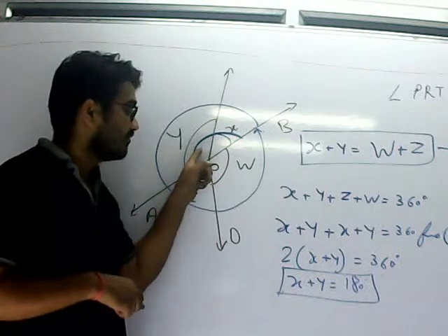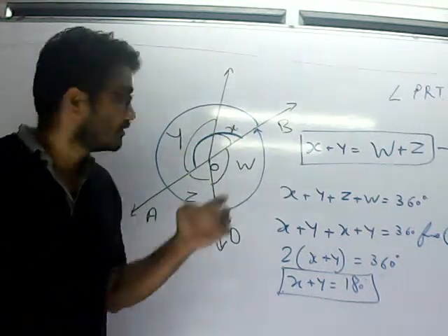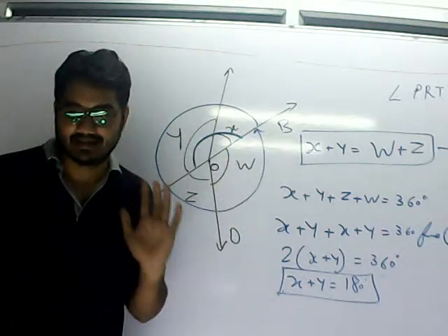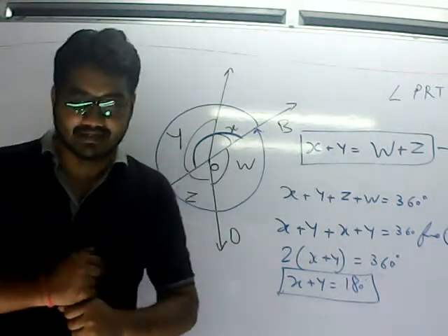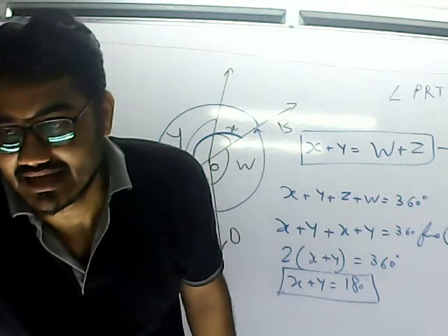So if it is a linear pair of angles only, then and only then it can be 180 degrees. So that is why it is proved that AOB is a line. Hence it is proved that AOB is a line. Okay. Next question of the exercise is